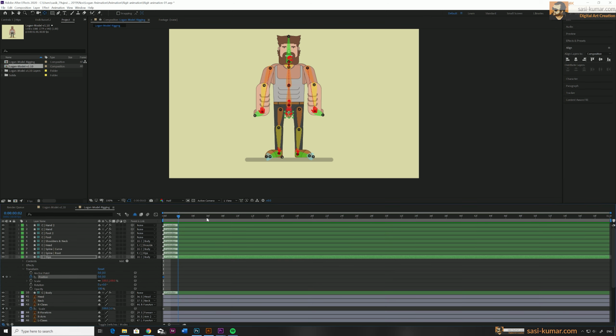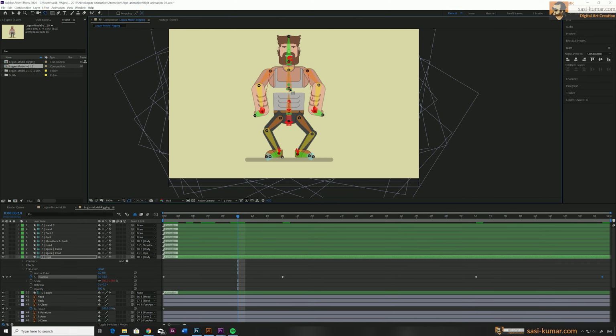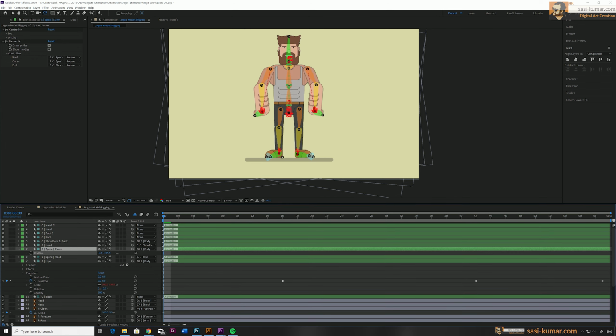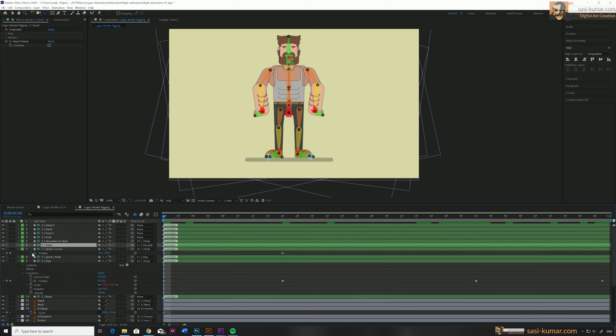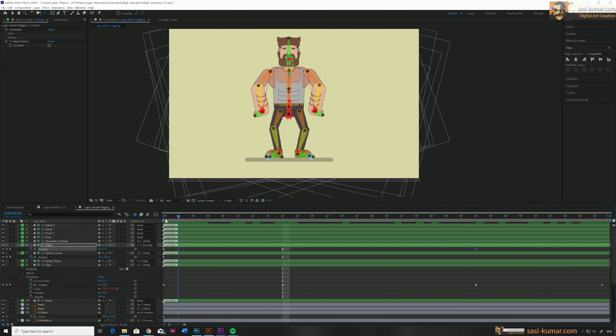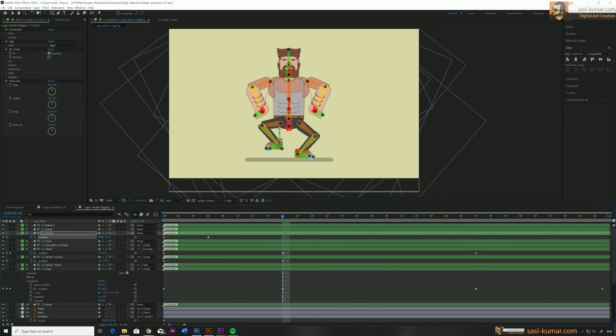So let's do a small animation, just a basic animation with this character. I'm just putting these in random places, maybe somewhere around here, and making keyframes. Just by changing the position, I will make some keyframes like this. Let's make this part faster.